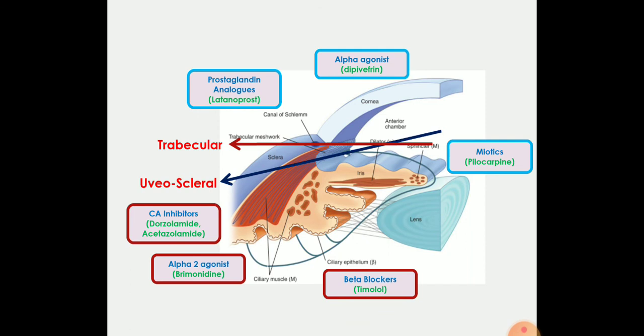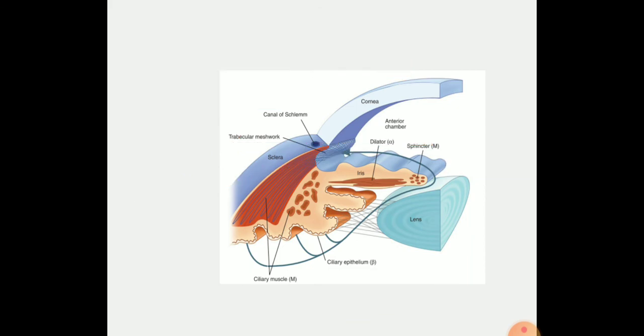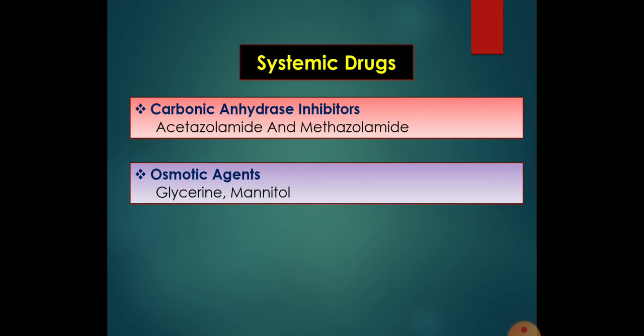How will you treat this? If I go back to the previous slide, hypertonic mannitol 20% can be given via intravenous route, or acetazolamide 0.5 gram IV can be given. The miotic should be started once the intraocular tension starts falling due to the above intravenous therapy. Pilocarpine is the drug of choice, instilled every 10 minutes initially, then at longer intervals. You can add a topical beta blocker like timolol 0.5% instilled 12-hourly, and additionally you may add latanoprost and apraclonidine at the end.